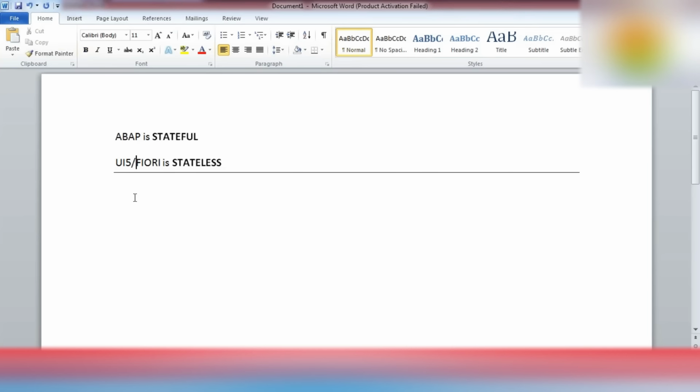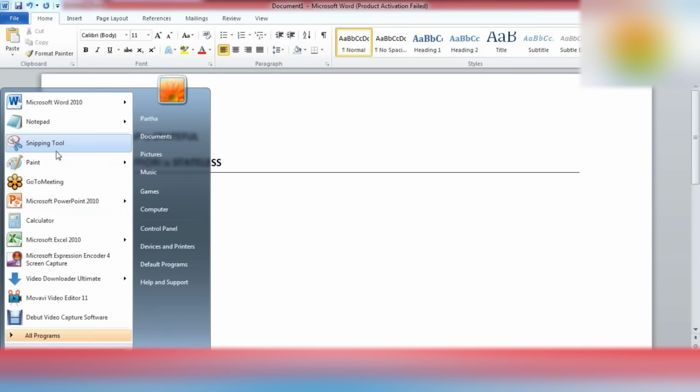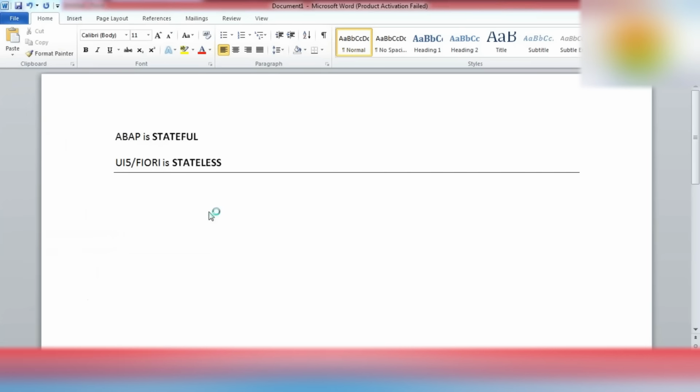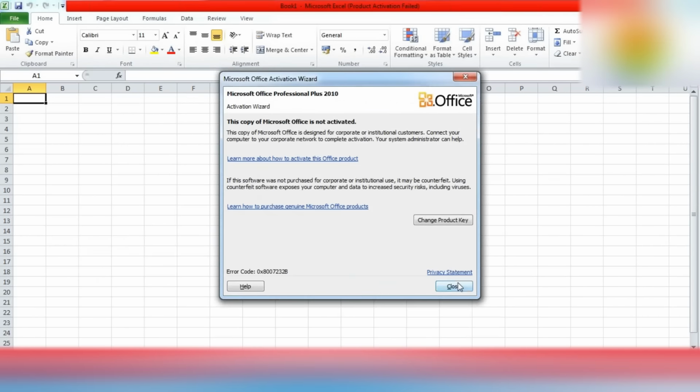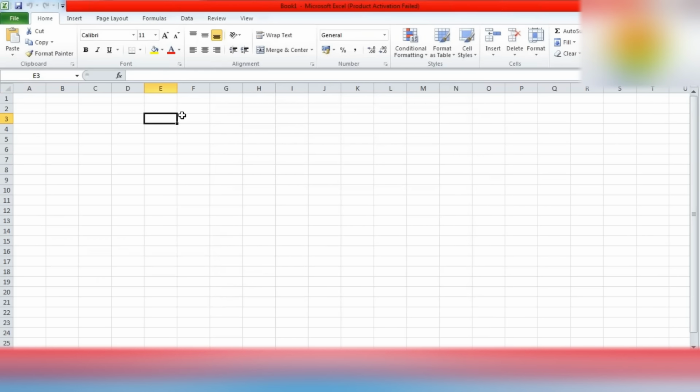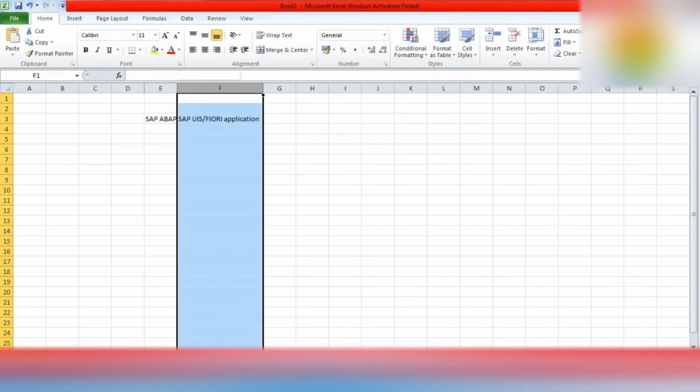So let me bring in some differences at first, so that it is easy to compare why ABAP and why UI5 and Fiori. Let's say this is your SAP ABAP application and this is your SAP UI5 Fiori application.